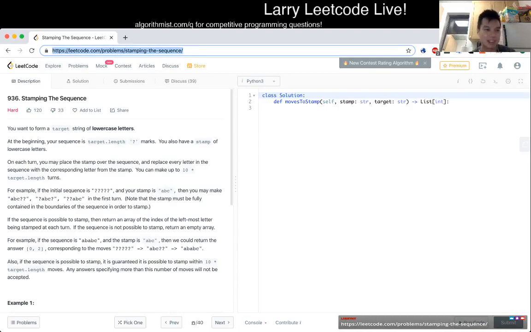936 stamping the sequence. You want to form a target string of lowercase letters. At the beginning, your sequence is target.length question marks. You also have a stamp of lowercase letters. On each turn, you may place the stamp over the sequence and replace every letter in the sequence with the corresponding letter from the stamp. You can make up to 10 times